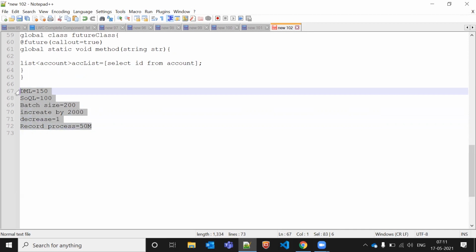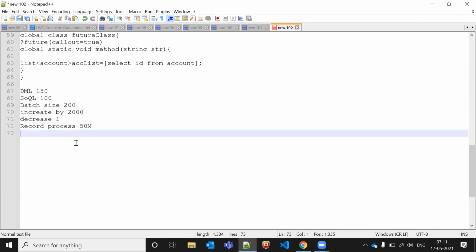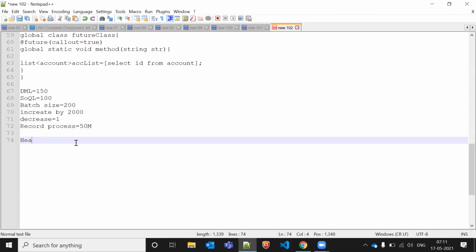Apart from this there are lots of things, and we can have a heap size error as well. If you are getting a heap size error or CPU time limit exceeded, that is 20 seconds for synchronous and 60 seconds for asynchronous. And what is heap size?